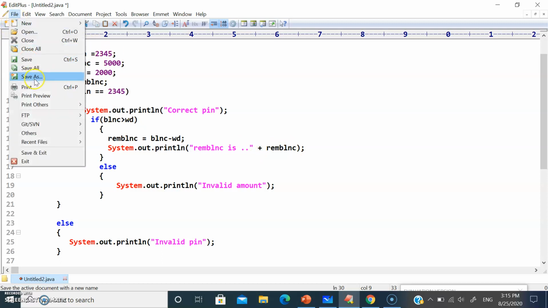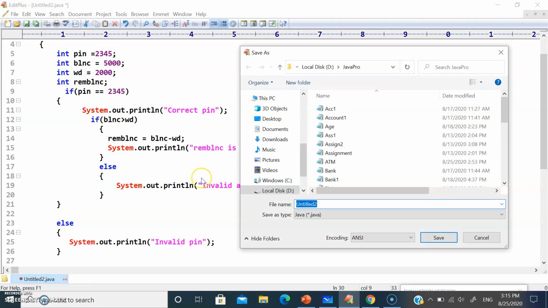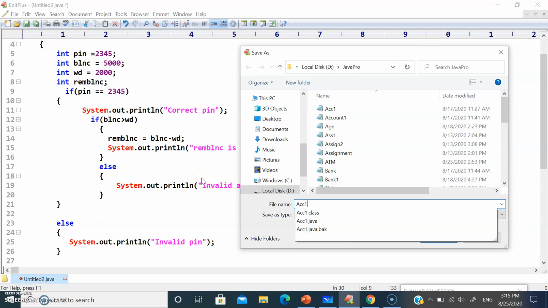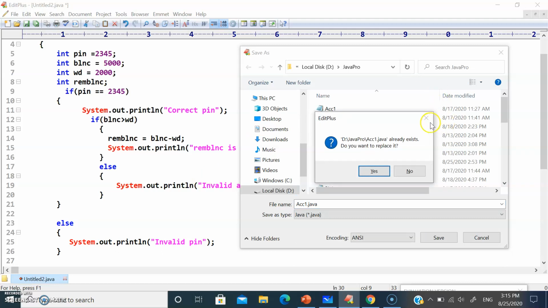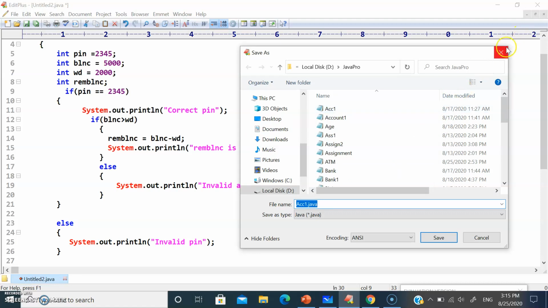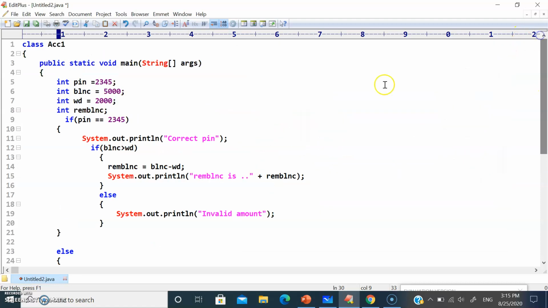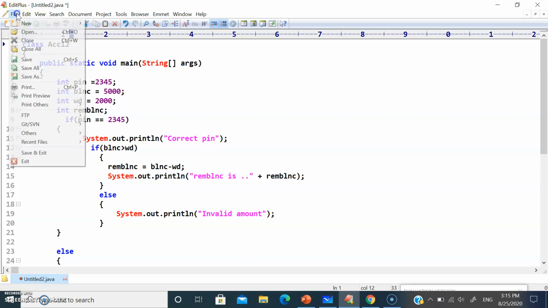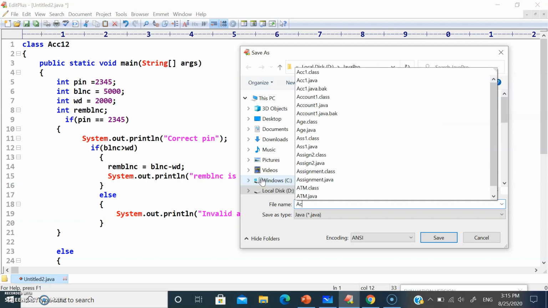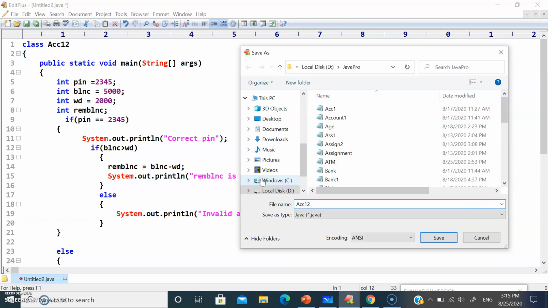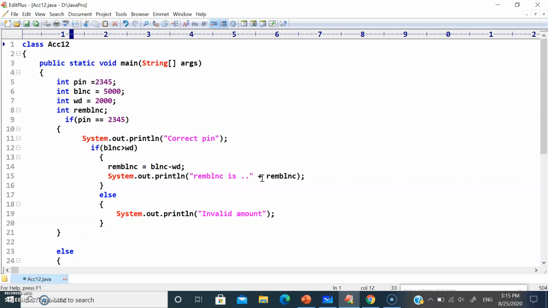So let me save this program. acc1.java. I think we already have a class with the same name. So let me change the name. Account 12. So let's see, acc12.java.